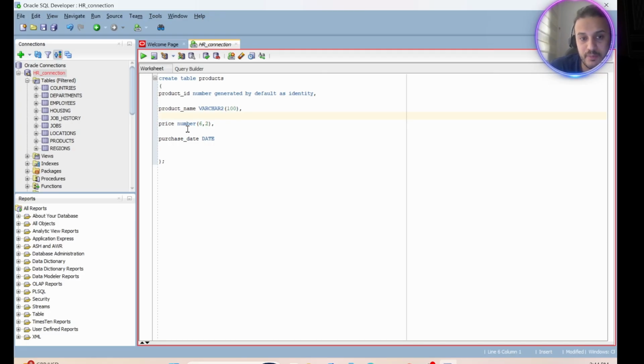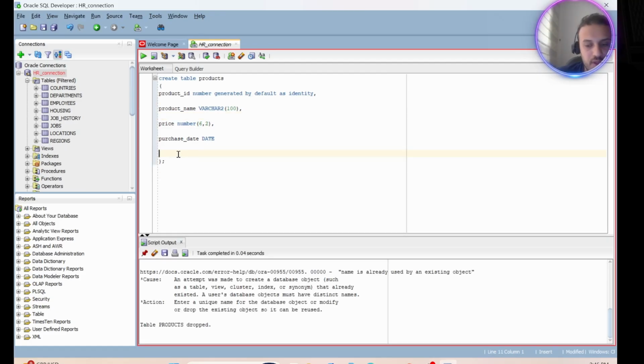The price is number, 6 digits and 2 decimals, for example 250.27: after the point only 2 digits, and 4 digits before. Purchase date as date. If we run this query,